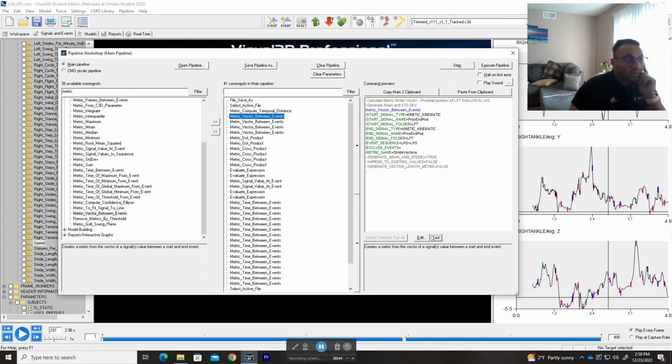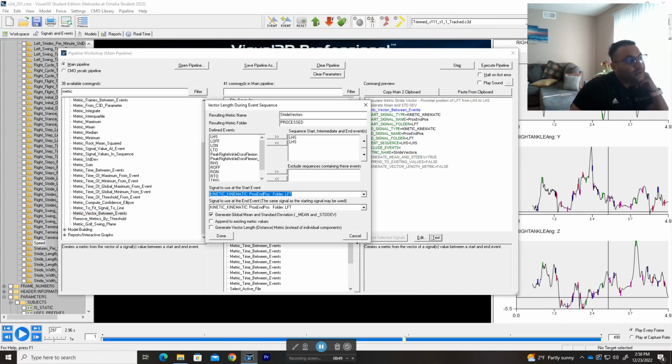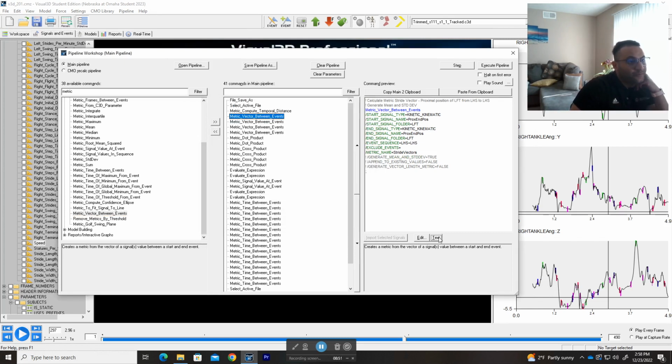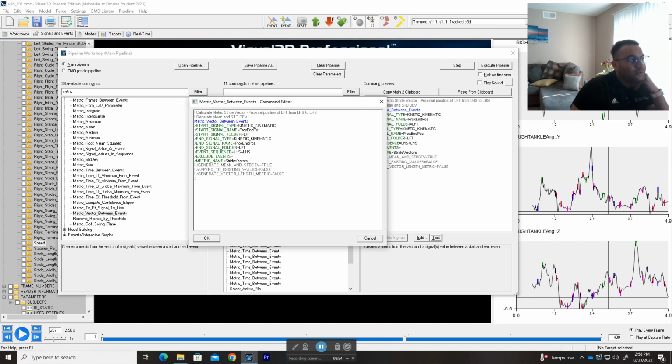Alright, so you choose that, and then we go here in the text. You need to do it the text way or this way, wherever you prefer. In the text you see here, calculate metric stride vector proximal position of the left foot from left heel strike to left heel strike. And then also we want to generate the mean and deviation. So you see here, in our kinematic, we choose the proximal end position. You can choose anything. You can choose the center of gravity of that foot. You can choose a specific marker, anything you really want. It's up to you, but I chose this,